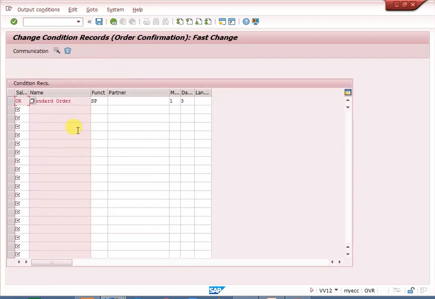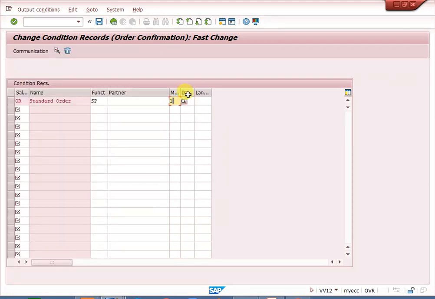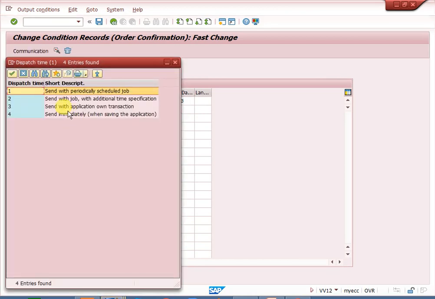Here the sales document type is OR, the partner function is SP, and medium 1 means print output. For the date and time data element, 3 means send with application one transaction.